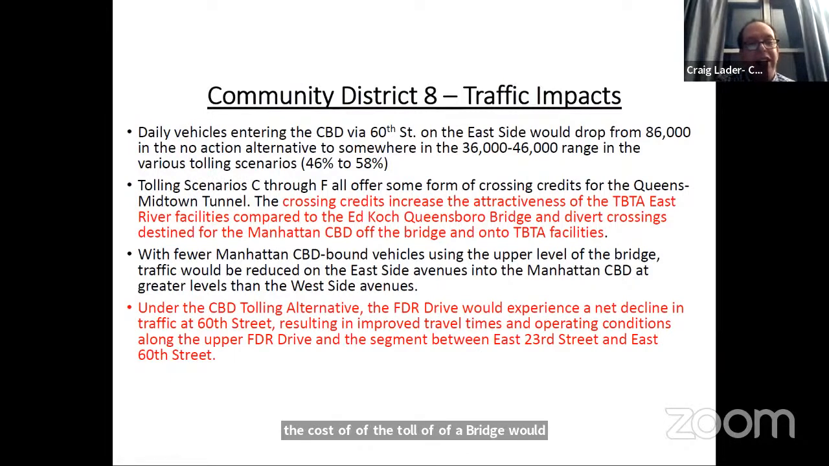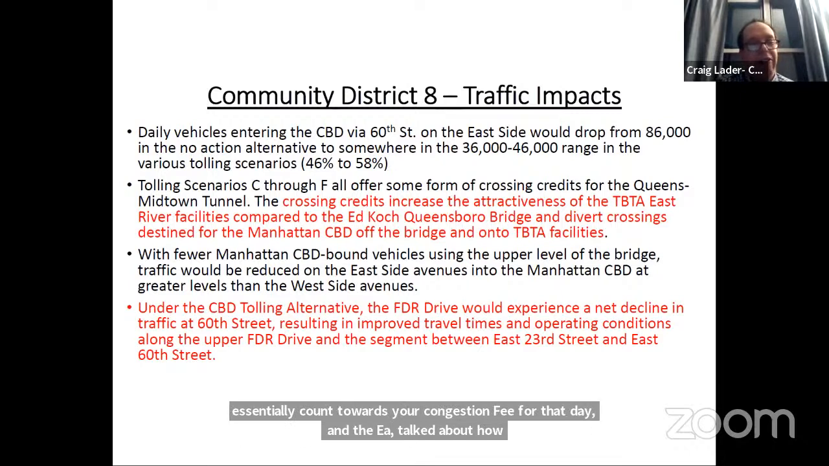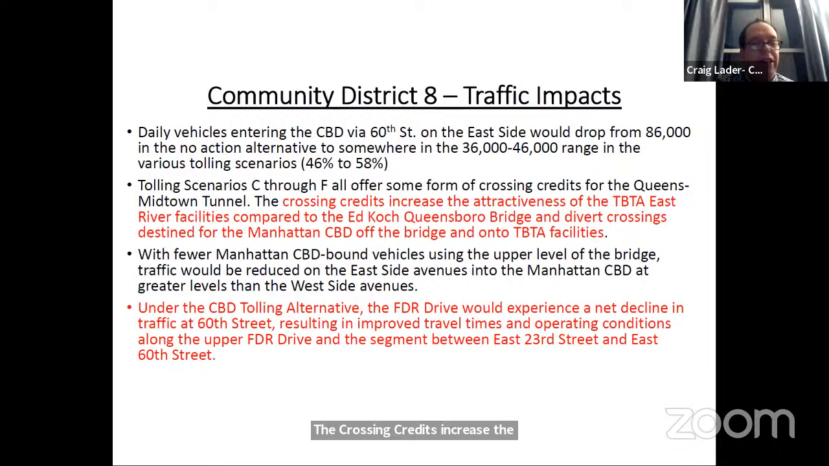And the EA talked about how the crossing credits increase the attractiveness of the East River facilities run by the MTA, by the Triborough Bridge and Tunnel Authority, compared to the Queensboro Bridge, and that would divert crossings destined for Manhattan off of the Queensboro Bridge. So what they're essentially saying is that the operations of the tolling would result in traffic being diverted to reduce the amount of vehicles crossing over